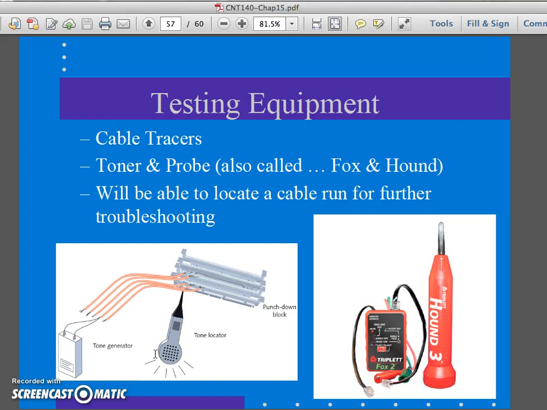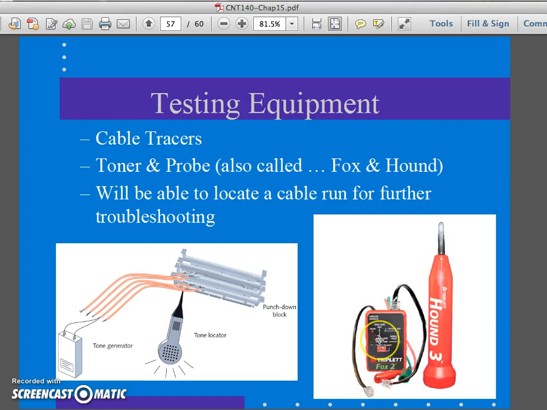Your cable tracers, also called toners and probes, or also called foxes and hounds, allow you to find a cable. Now, these really came from phone days, where I wanted to find a wire pair off of a whole block because I needed to pull it out, move it over, and punch it into a new spot. But this can also be used for data. Here is a toner probe. There is actually an RJ45 and RJ11 connector here, so this can plug into a phone jack or a data jack,